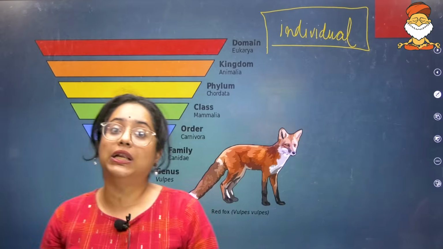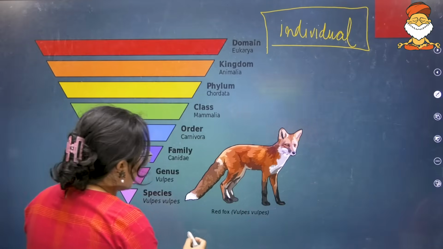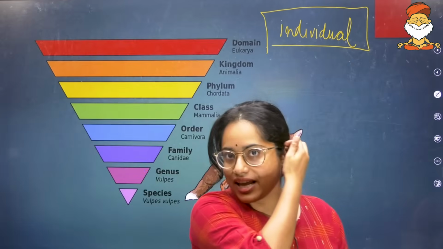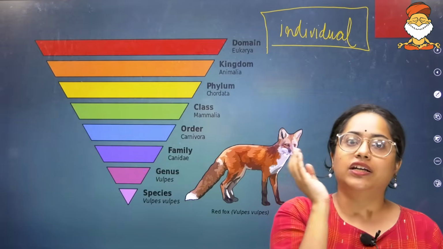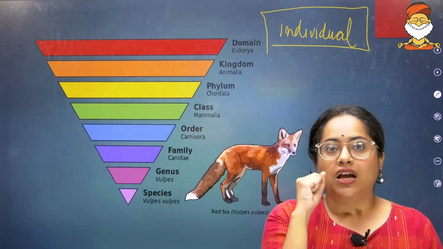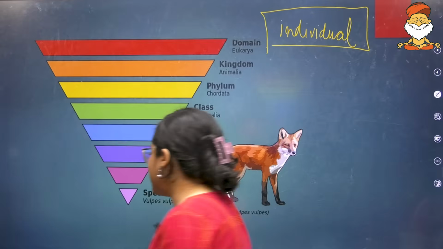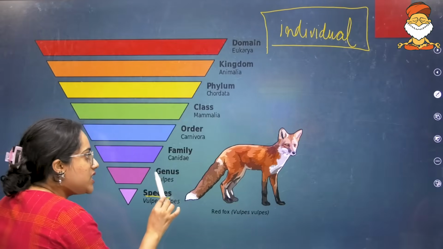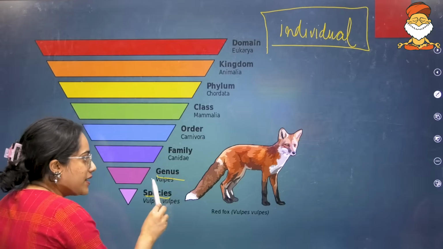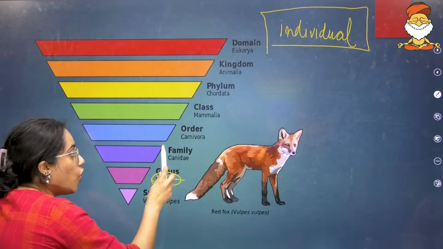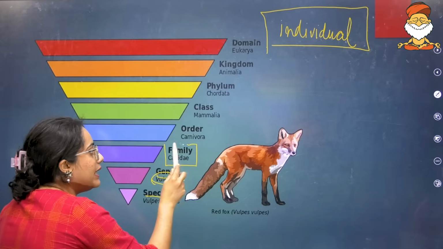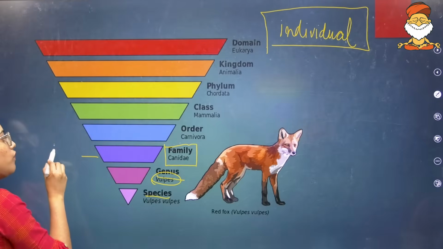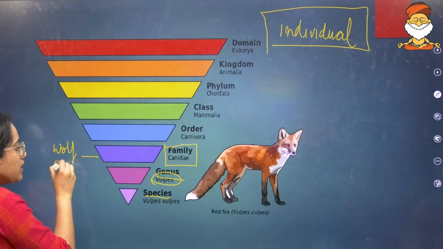The individual will be part of a species. I've taken the example of red fox over here. The scientific name or the Latin name of the red fox is Vulpes vulpes. Now, let's have a look at it. The species is called Vulpes vulpes. Genus is a bigger concept, that is just Vulpes. It all belongs to the family Canidae, and in this family you have other organisms like your wolf, coyotes, etc.,